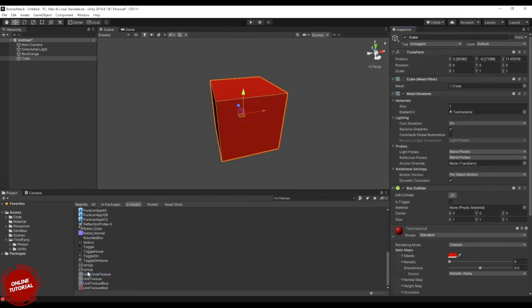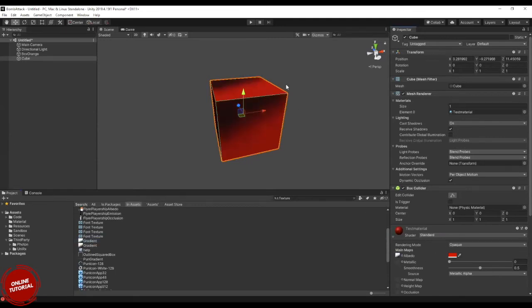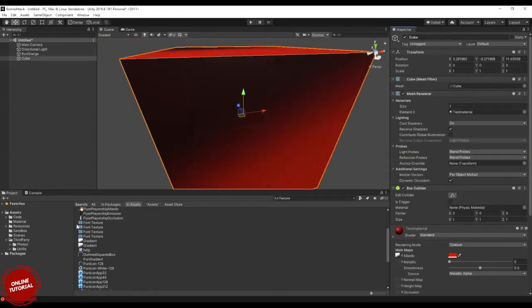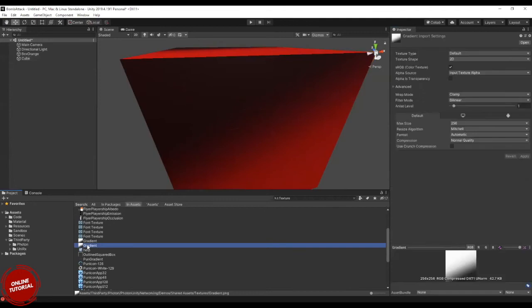Which one was it? Gradient texture. I will add it to this albedo. Then you can see this gradient. The material is changed based on the texture, because the texture has black at this part and brightness in this part. So the same thing is applied.